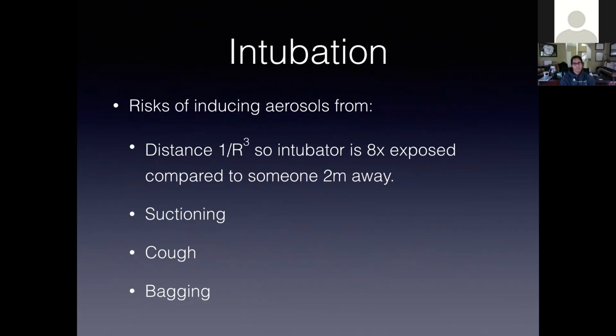In addition, there's increased aerosolization with suctioning, that's both pre and post, increased risks with the patient coughing, and obviously also with patient bagging. There are a whole bunch of other websites to look at. EM-Crit with Scott Weingart has a pretty cool set of videos looking at different ways of setting up safer practices between disconnecting somebody to perform suction through an intubation in a COVID patient, using a number of methods of confirming